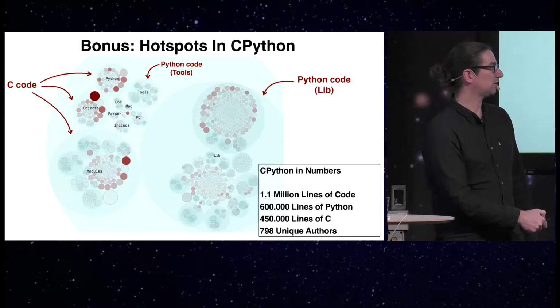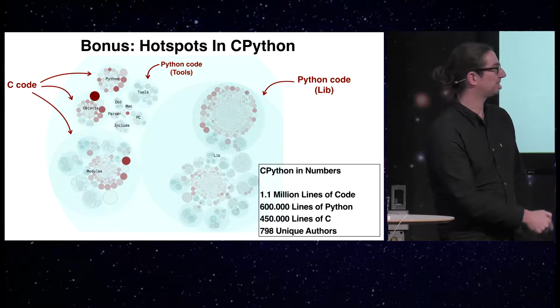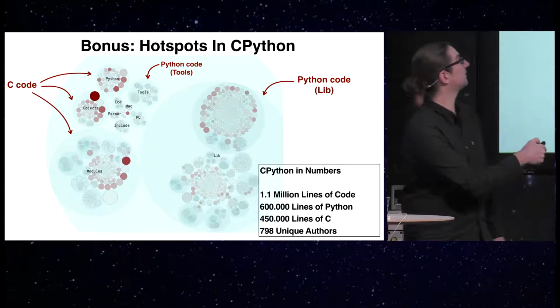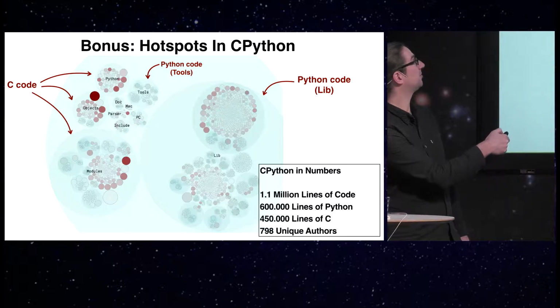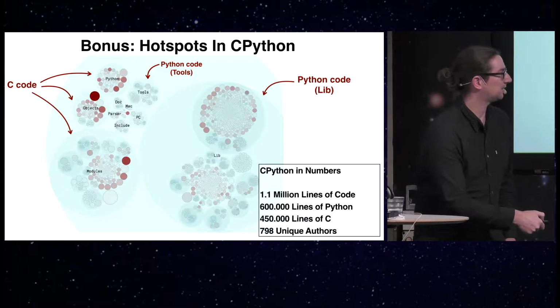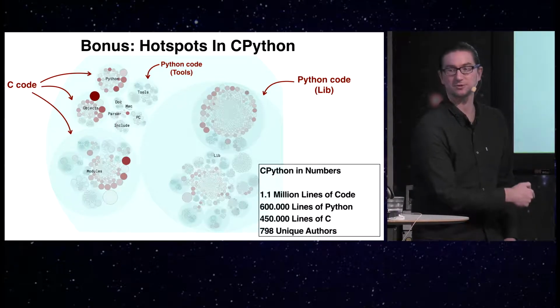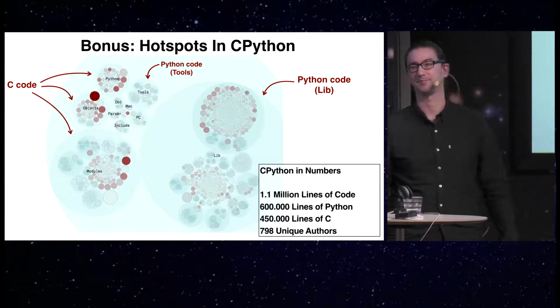Most of it is actually written in Python itself. The whole library part here is Python. But then the core of the language is implemented in C. So that's the parts over here, the objects, the modules. And I also find it fascinating that until yesterday, there have been close to 800 unique contributors. So Python is actually social design at scale.